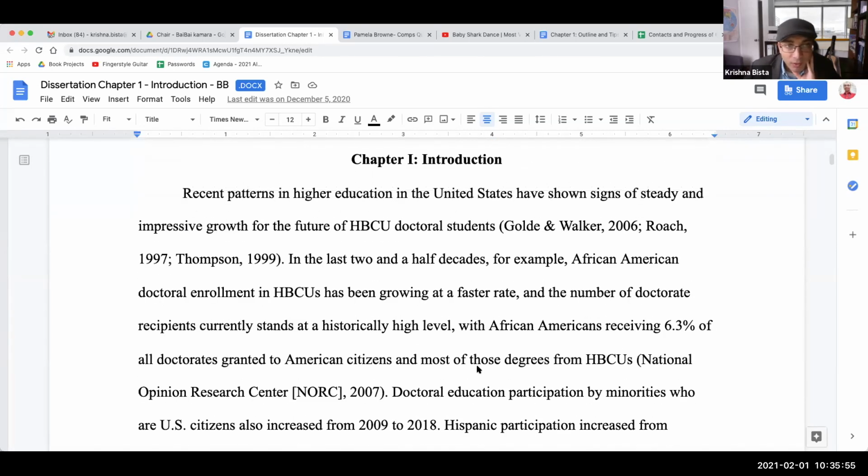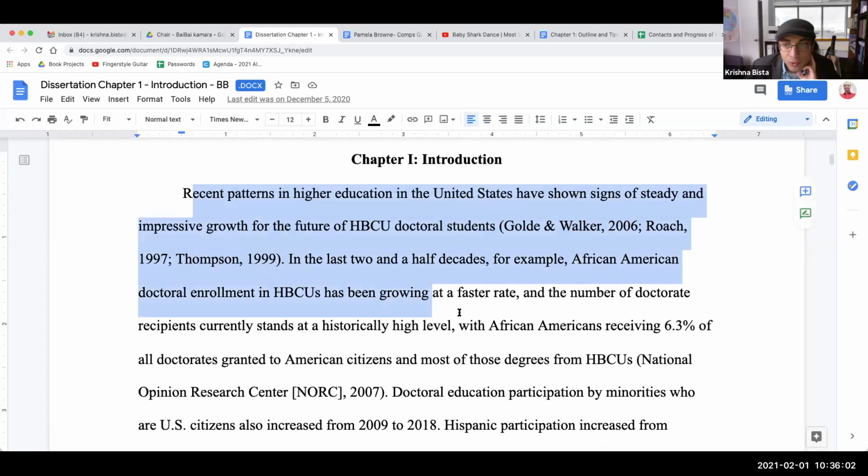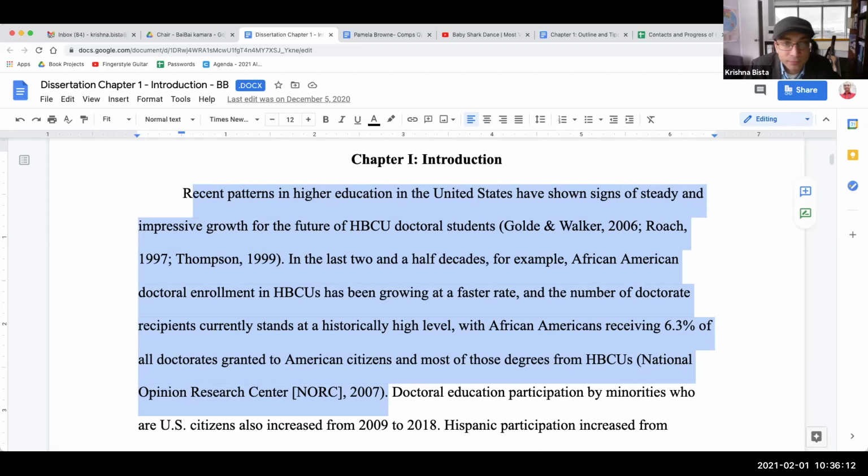Take a look at the introduction. That's what we said earlier, some of the guidelines, patterns. Read the first two sentences. Does it paint the picture as we said earlier? Student patterns in higher education. Baby, can you read loud? Recent patterns in higher education in the United States